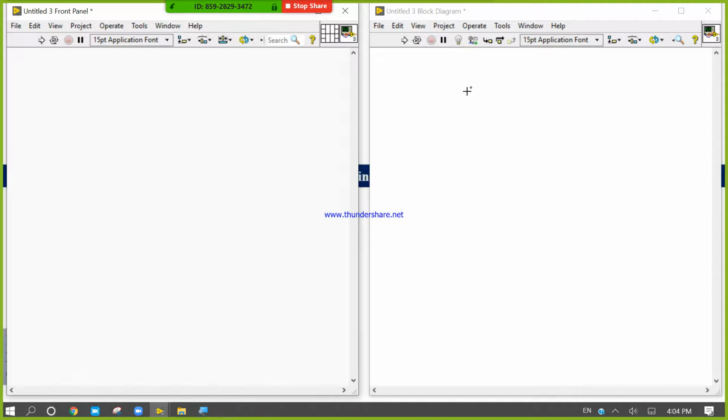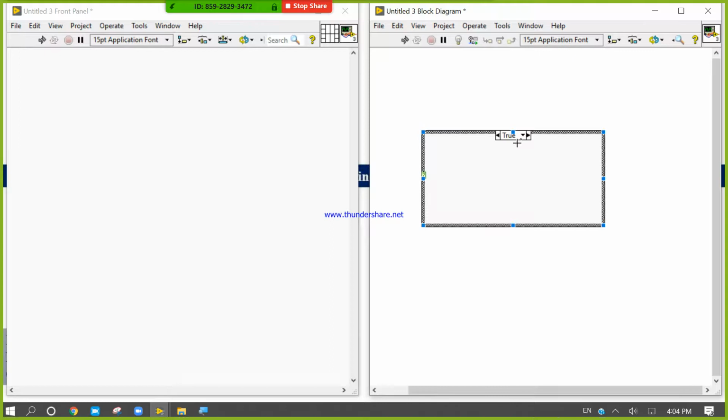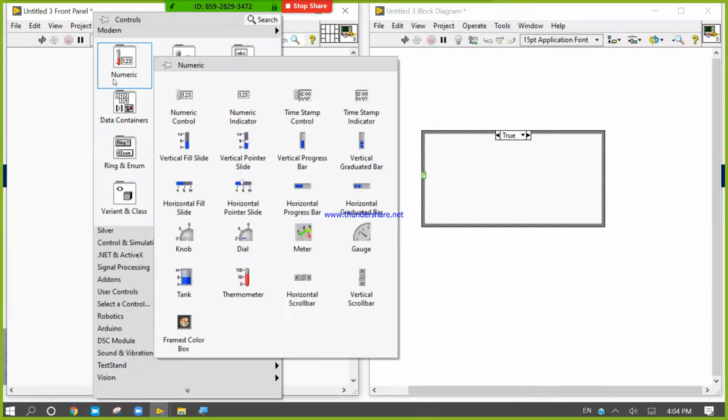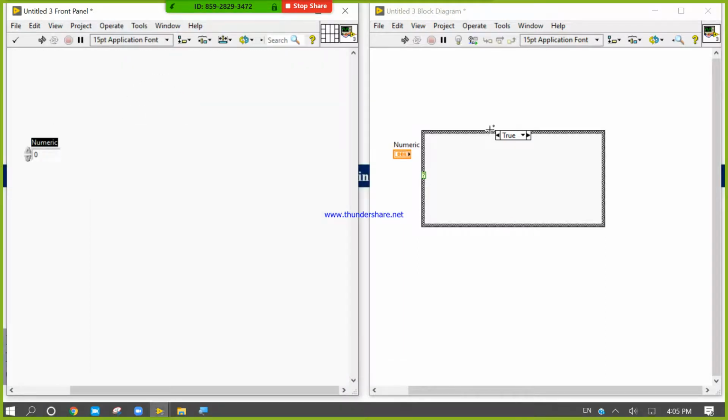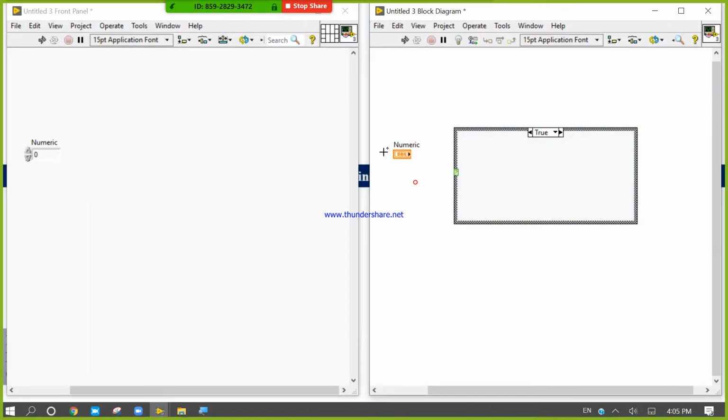If I take one case structure and one numeric control here, and if I connect, you will see two cases are present. 0 is the default, and the second is 1.